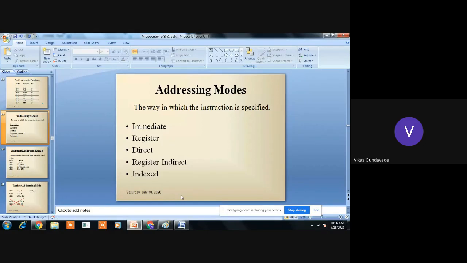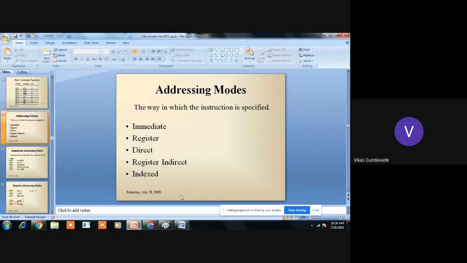So what does it mean? Suppose I give an example. When we are taking lectures in the classroom, the presenter and the audience are in front of each other, and whatever presentation takes place will be in the direct mode. That means the presenter is presenting in front of the audience, so the presenter is addressing the audience directly. Currently, we are taking an online session.